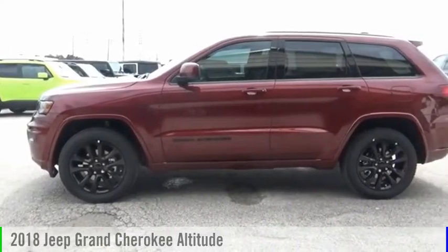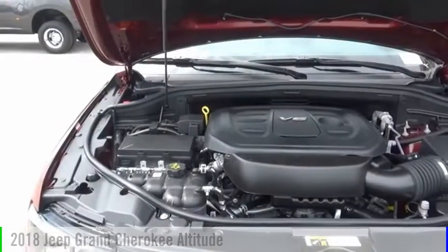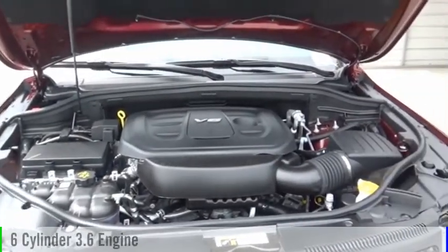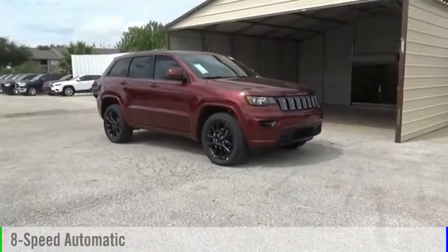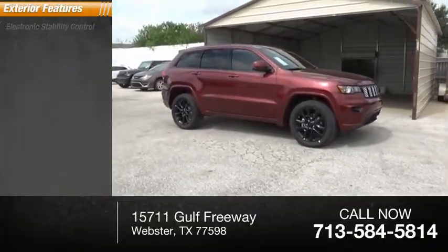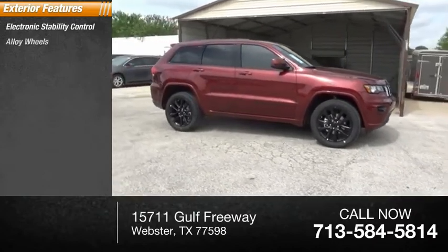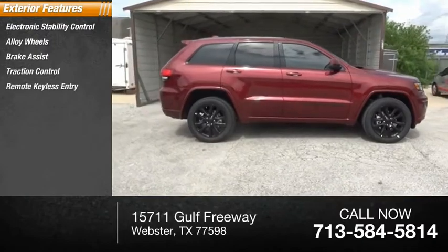You are going to love the 2018 Grand Cherokee. This vehicle is powered by a four-wheel drive, six-cylinder, 3.6-liter engine, and comes with an 8-speed automatic transmission. Here are some of this vehicle's great options: electronic stability control, alloy wheels, brake assist, traction control, remote keyless entry,